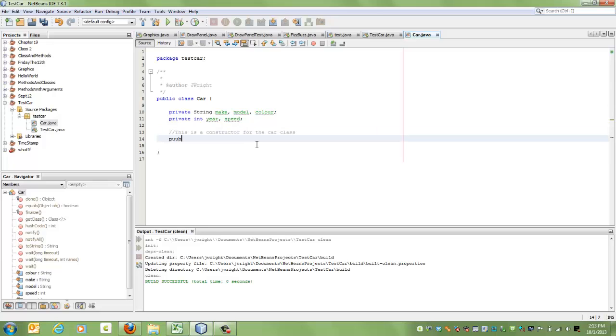So our constructor is very simple. It's a special type of method, and it has to have the exact same name and spelling as our class. And that's what makes it a constructor. So it knows this is for when we're using the new command. So here I'm going to pass a string model, string make, string